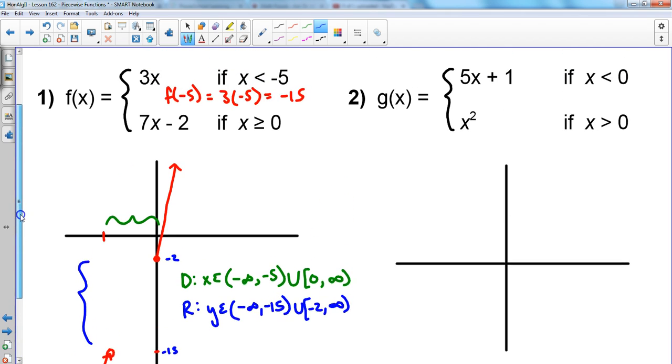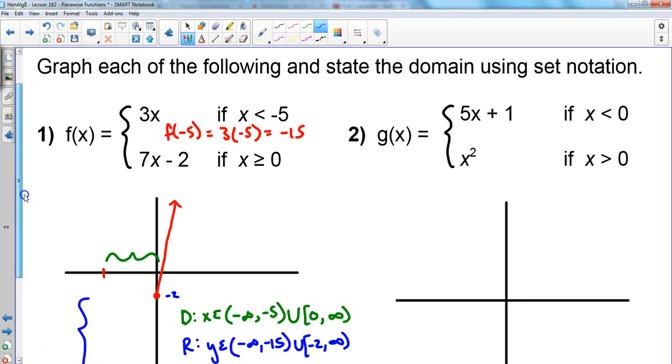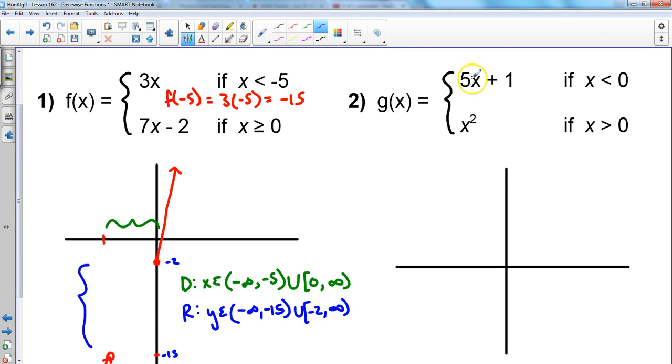The next function, so we're done there. We graphed it, we found the domain, and actually found the range too, and graphed that thing. So the next function we want to look at is